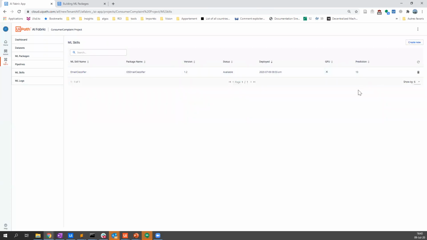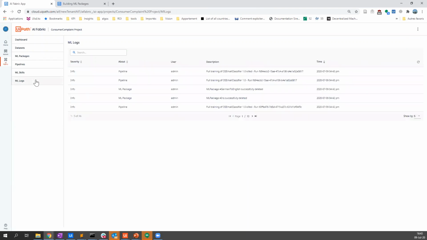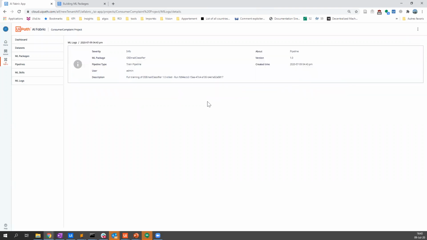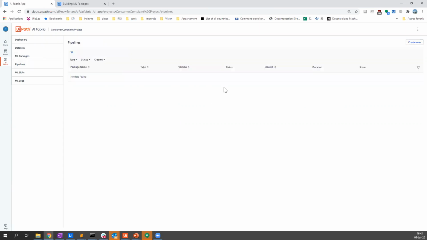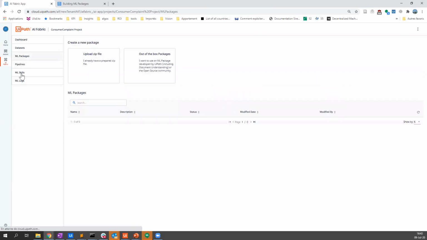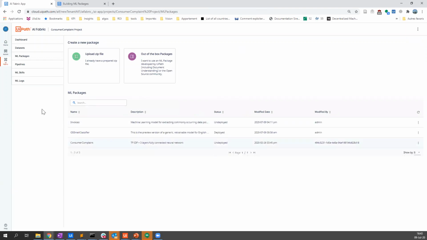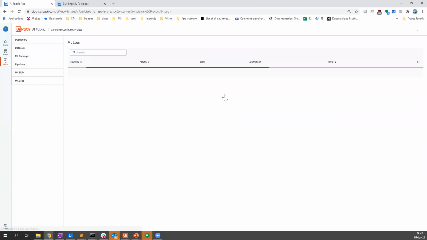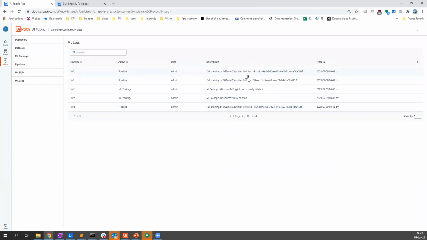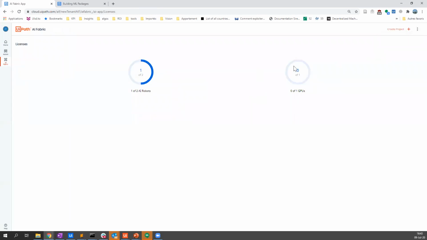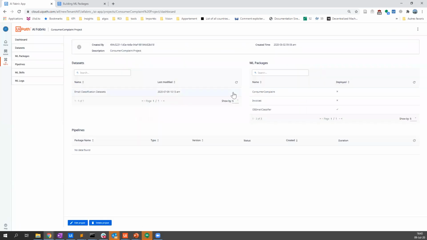And now you can see the 13th. Yeah, thank you. You can see the 13th prediction. Can you see the logs or not yet? Oh, I actually, sorry, I shouldn't have done that. The pipeline was running, but I removed the package. So it actually removes the pipelines. So that's a good thing that I can see it in the logs. Now the pipeline is killed. And if I go to the license, I can see that I now have one GPU available and one AI robot available. So I can come back here and start a new pipeline if I want to.